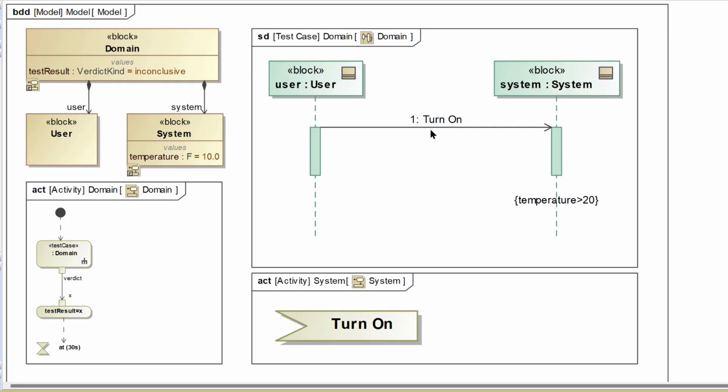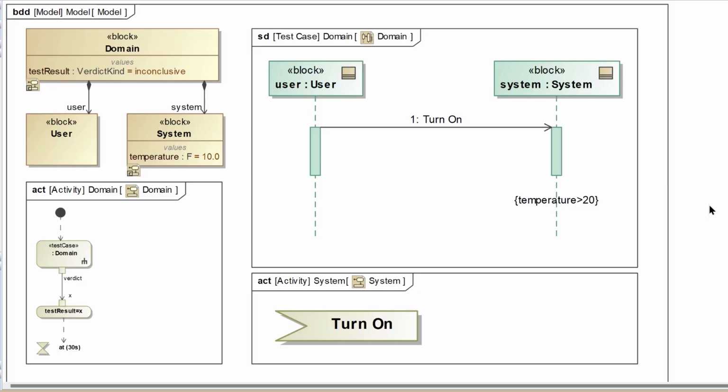The user will send a turn on signal to this system, and then the system will check that the temperature is greater than 20. So that is the invariant in this case. That is what Cameo will actually look at, the value property of the system and what its runtime value is. And if it is less than 20, this test case will produce a result or a verdict of fail,